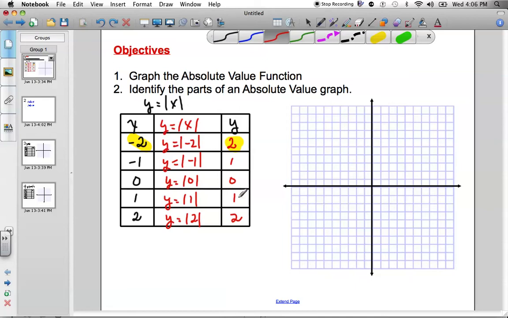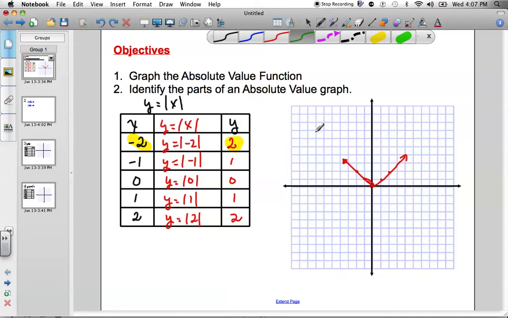So we're going to plot -2, 2. That's going to be right here. -1, 1; 0, 0; 1, 1; and 2, 2. And now we can plot our graph by connecting our points, and there it is. It's this V-shaped curve. Absolute value will always be a V shape,